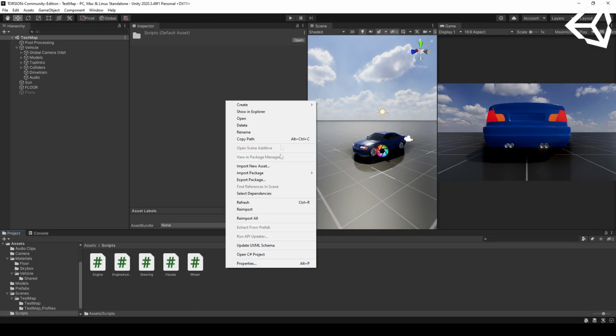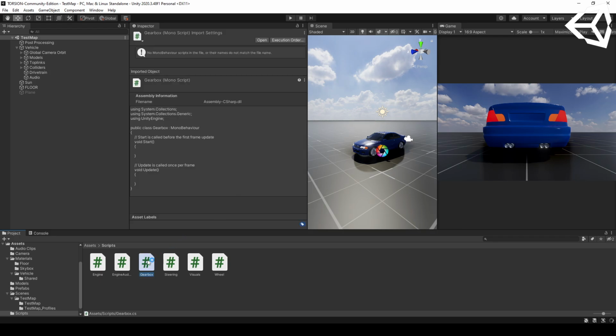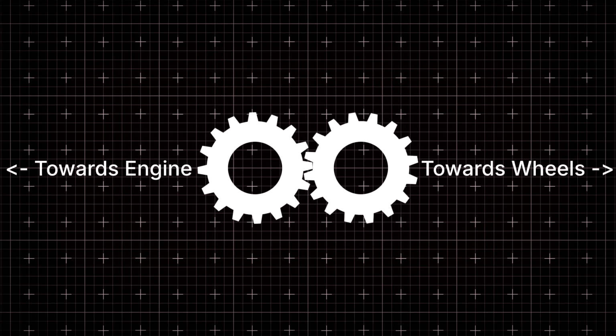Let's continue our drivetrain development. Create a new script named Gearbox. This will be one of two parts that make up the vehicle's gear train. The job of the gear train is to manipulate the power coming out of the engine to better suit the